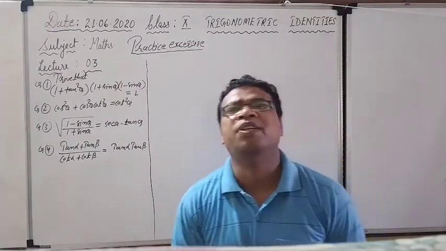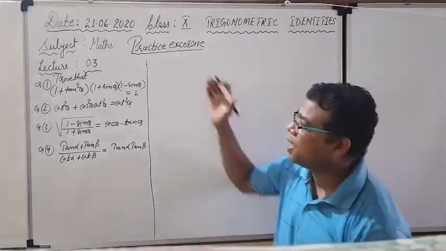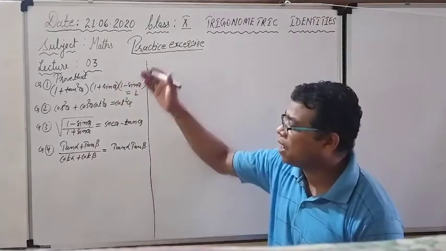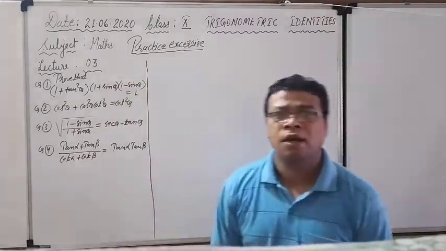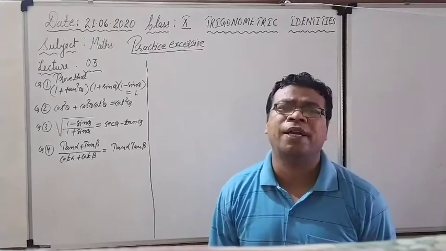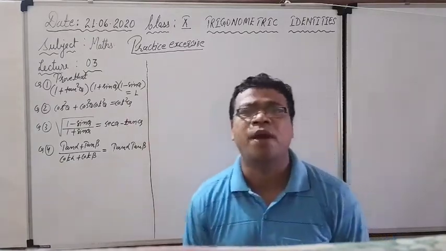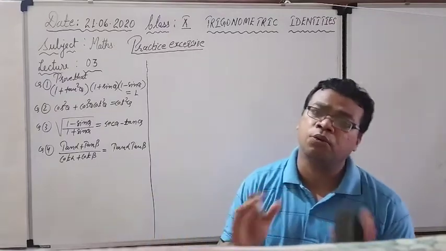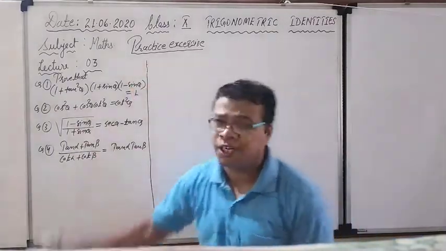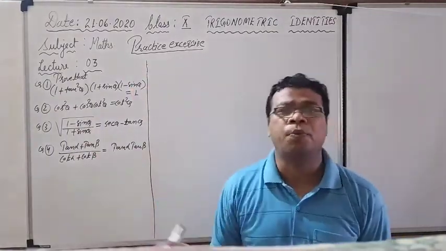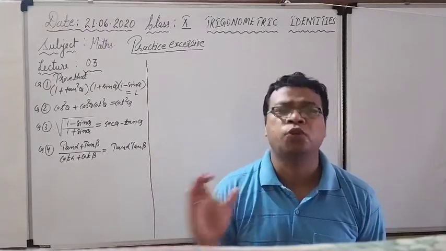So we need not waste our time, and directly we are coming to our topic. I have written here 4 questions. There are many sample questions given in your book, and I have taken some selected questions, and right now we will try to solve these. What kind of question is generally asked from this topic? It is none other than the proof question.